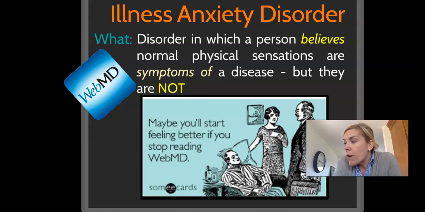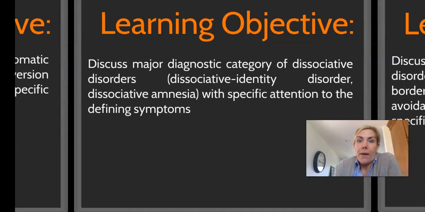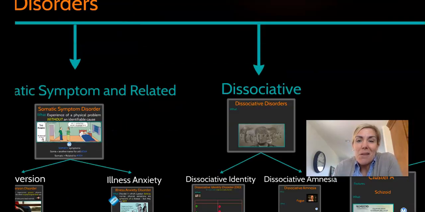For example, if somebody has a fever and aches and pains, that might be the flu. Rather than think it's the flu, the person might go to the nth degree and think it's meningitis, or cancer, or Ebola, or something like that. Okay, so those are the two big ones with somatic disorders, and those are sometimes a little confusing. Good thing we're not testing on it, because those are sometimes a little trickier.